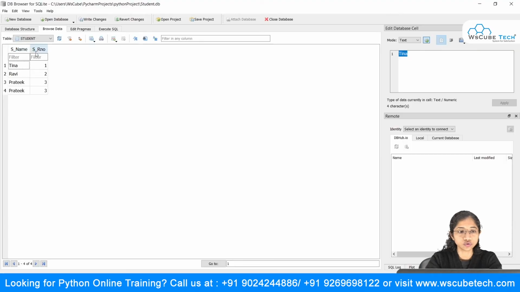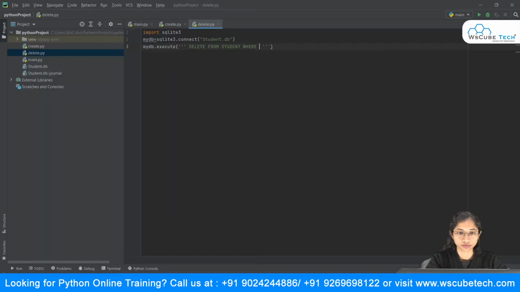You can either use this s underscore r number, or you can use s underscore name. First we'll see s underscore r number.